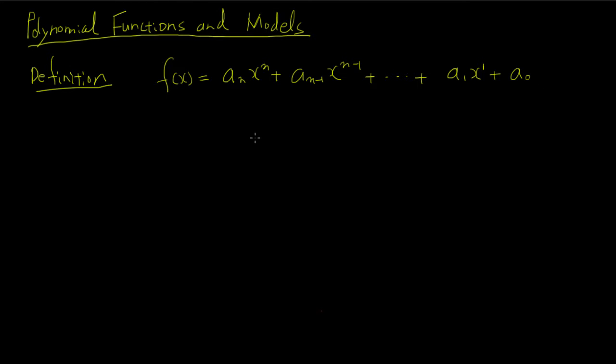But anything to the 0 power becomes 1, so we just have a_0, where a_n, a_(n-1), dot dot dot, a_1, a_0 are all real numbers,